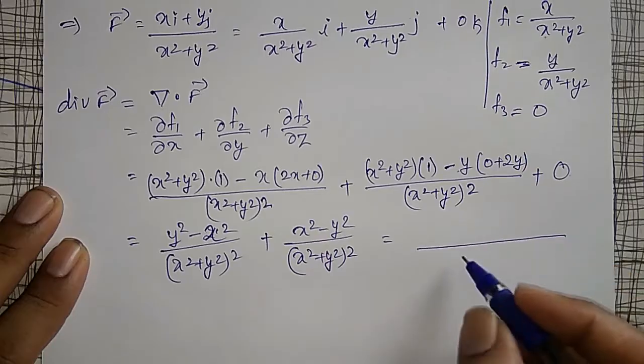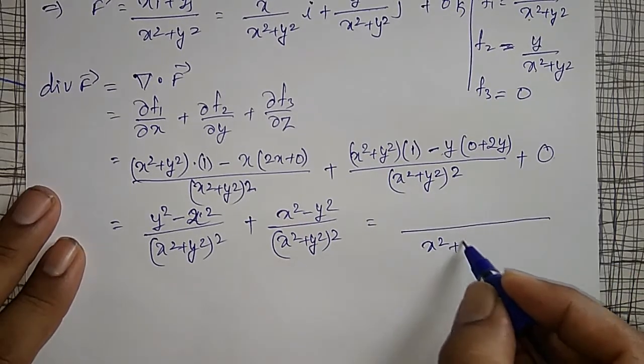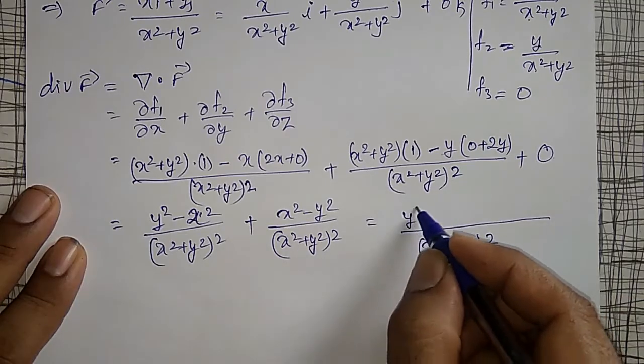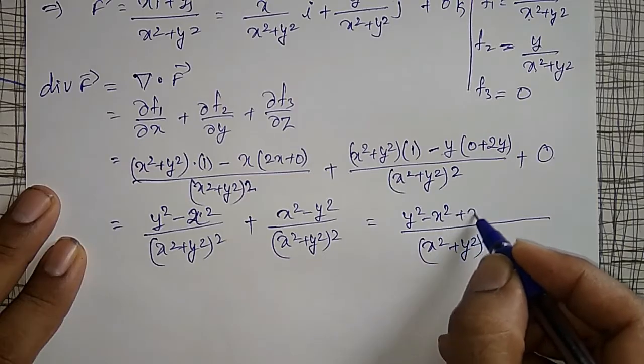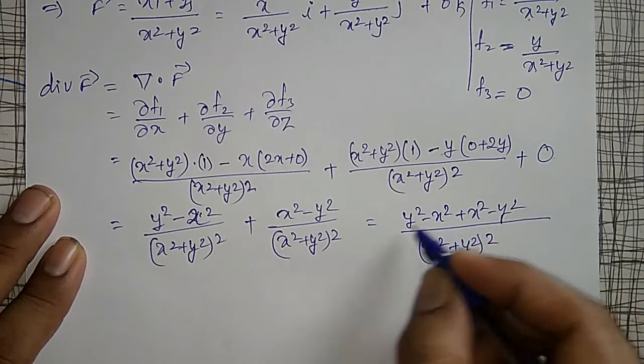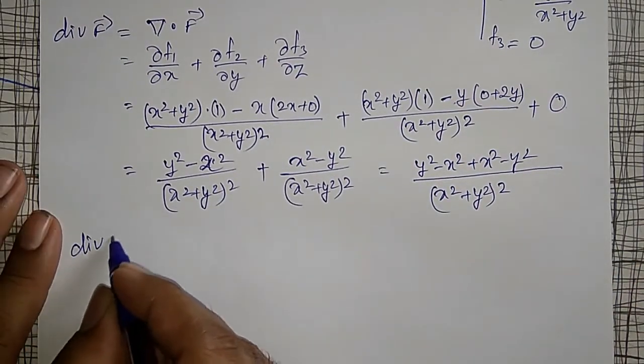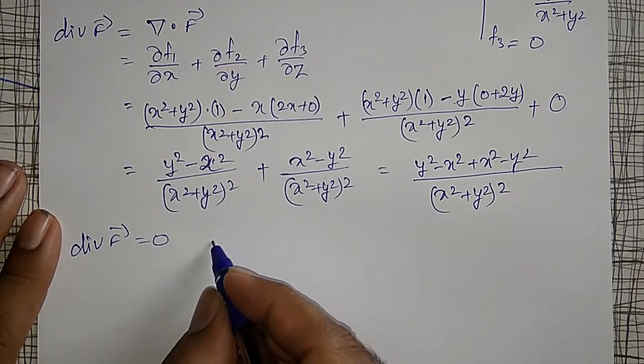And here the LCM is (x square plus y square) the whole square. y square minus x square plus x square minus y square cancels, numerator is 0. Therefore, divergence of f is equal to 0,